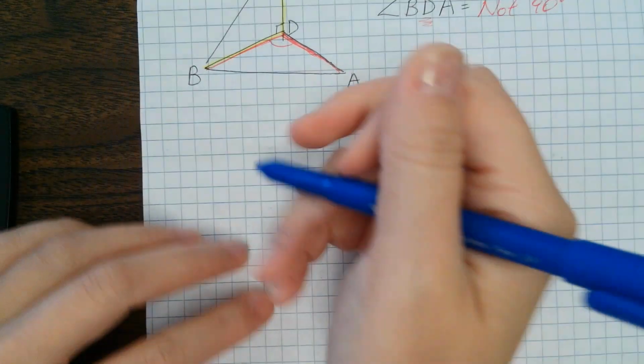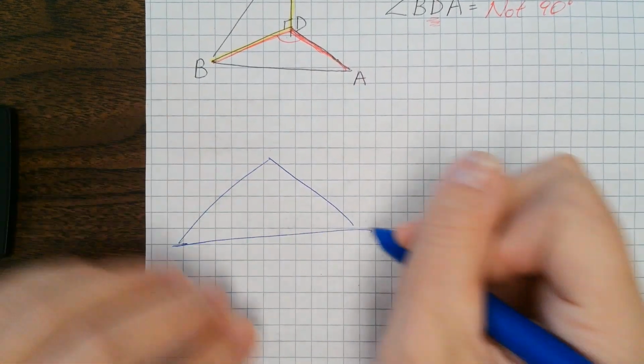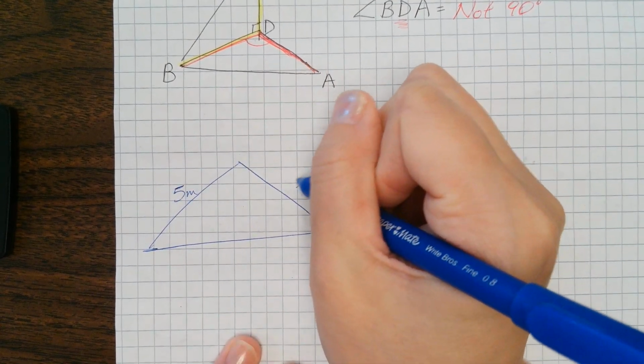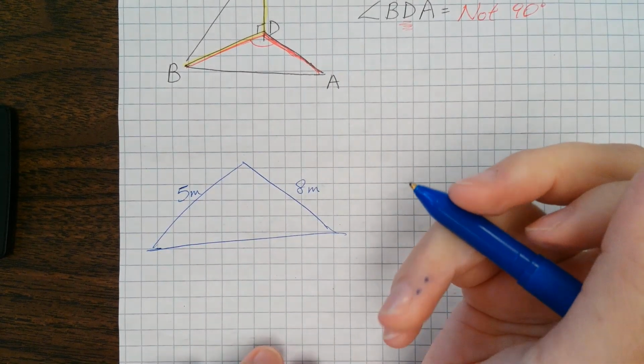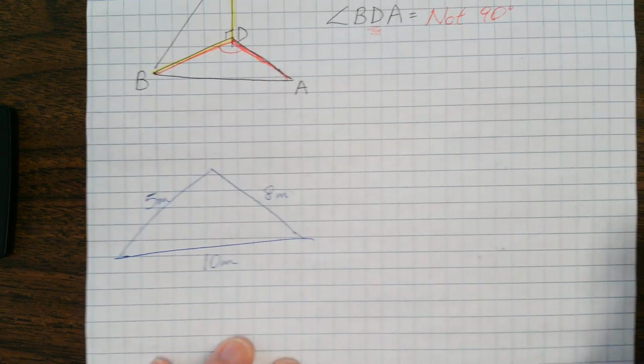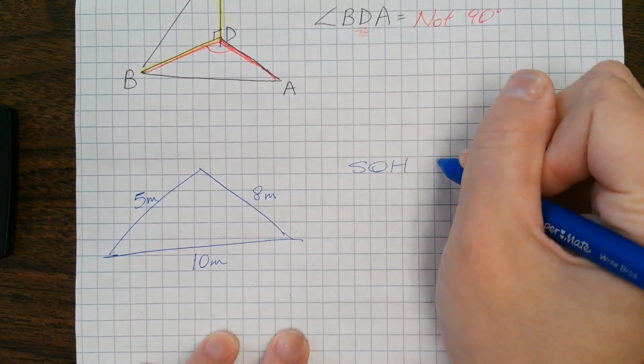Number 10. Actually, before I take number 10, I want to just go over this. Let's see. Okay, let's say this right here. All right, 5 meters, 8 meters, and 10 meters. Okay, something like that. Given this,